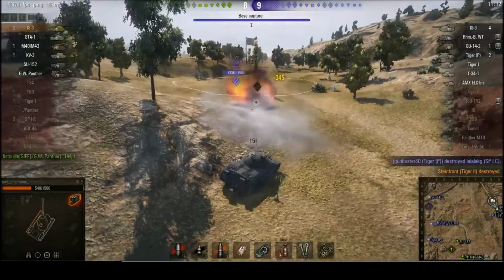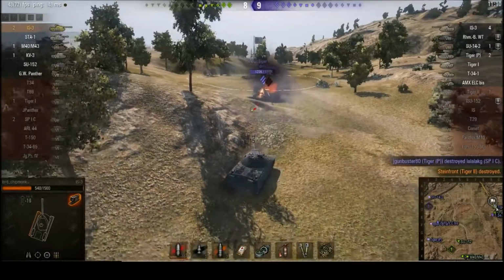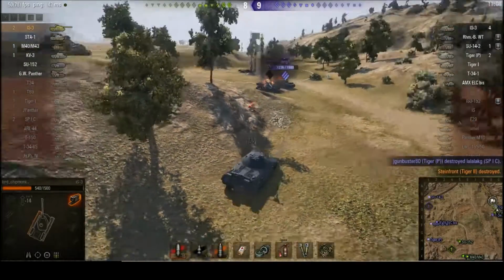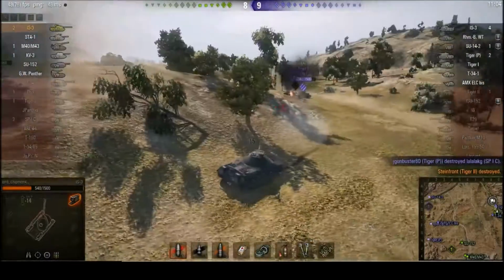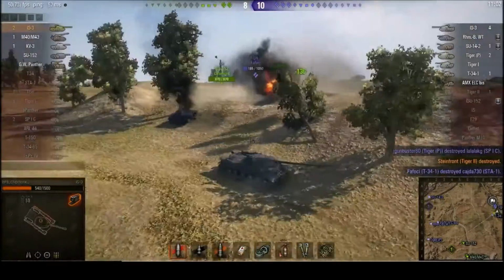Shots into the roof of the Tiger 2, but he pulls forward to find the gun depression to shoot me, and I managed to nail him. See, trying to do it again and wiggle. There we go, got another bounce. And I managed to get him in the side armor